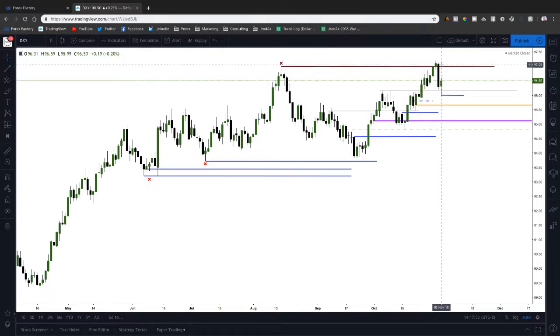Basically, if we can get that to happen, this down candle here would become a valid ICT bullish order block, kind of how this one did here. We had 2 days that closed above it, confirmed it as a bullish order block, but then we traded through it. So if we can get back above this down candle, this will become a new ICT bullish order block, and we can look for a retest of that once we get above it.